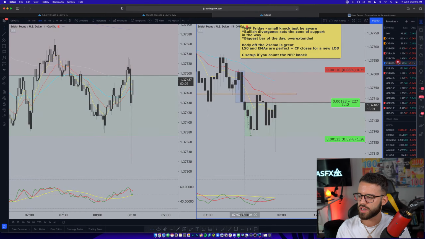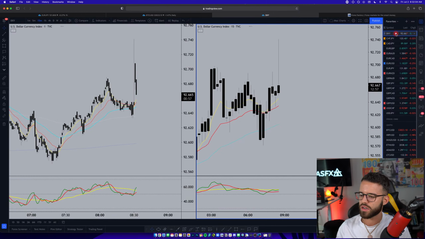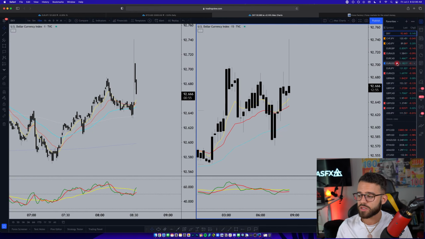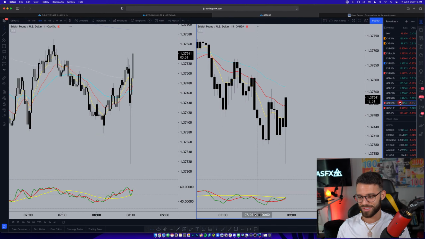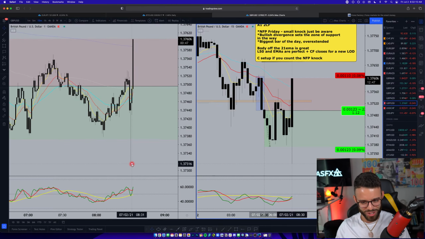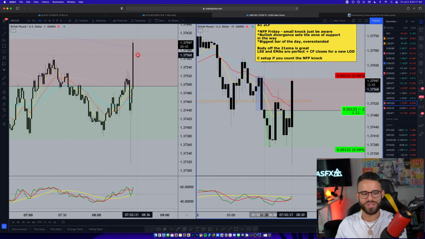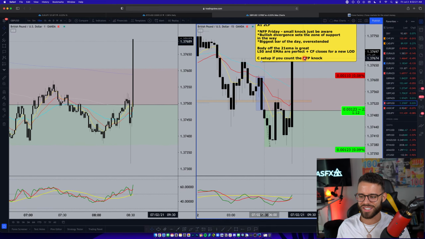Let's check Euro USD. Is this moving? Big pin down on Euro USD right there. Dollar index up. So that's as expected. Now let's see if it holds. Let's see what happens, because sometimes it doesn't hold. Look at GU coming up now. This is NFP. Spikes in the direction that you think news should take it, and now price goes the opposite way. And this is why I say I never trade non-farm payroll. Look at this. There's the move.